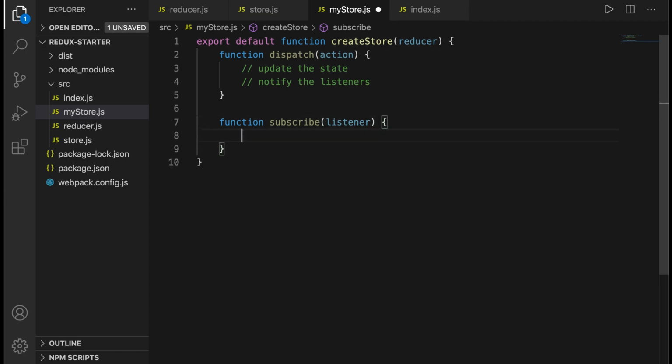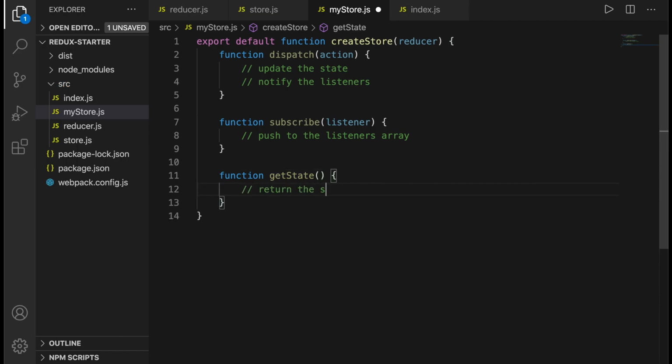Since we can have multiple listeners to our store changes, we need to maintain an array, and whenever a listener is attached, we can simply push the listener inside the listeners array. Then we also need a getState method, and this will simply return the state object, which will be internal and cannot be accessed from outside. Finally, let us export these three functions.